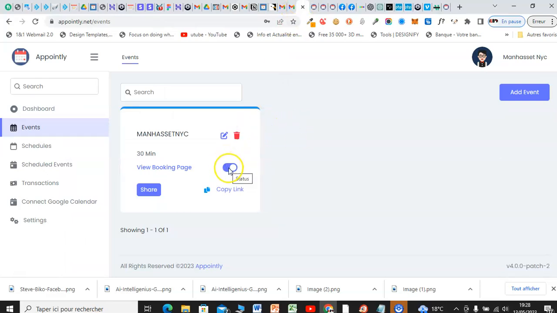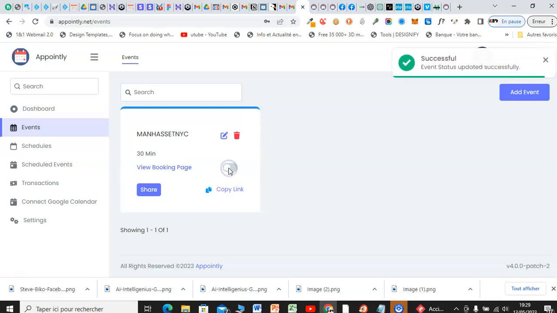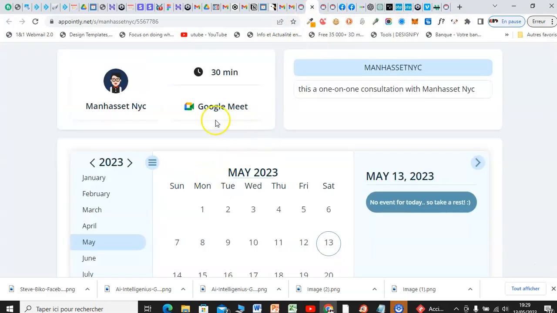But let me show you something before we go into the booking form. If you want to deactivate the booking, the status, you can click here. It means right now the status of the booking is off, so nobody can book an appointment and nobody can view that page. But for my case, because it is just an example, I'm going to show you how the system works. So you see Manhasset NYC. Like I said, folks, once you create your account, you can take your time